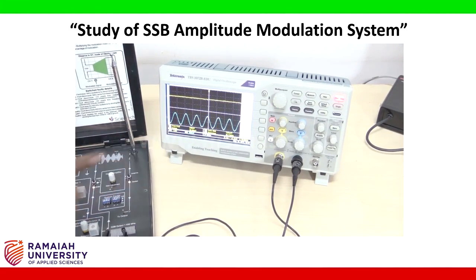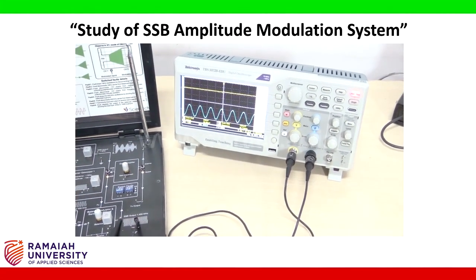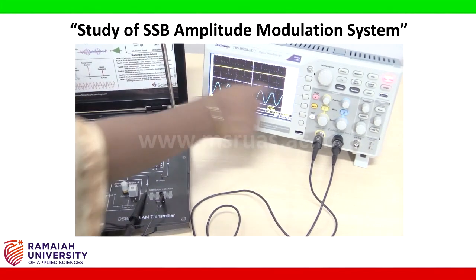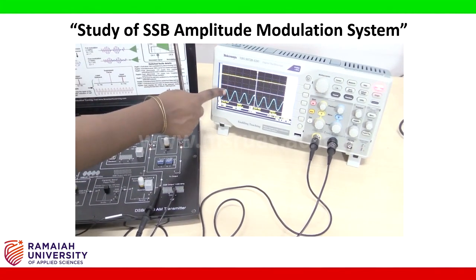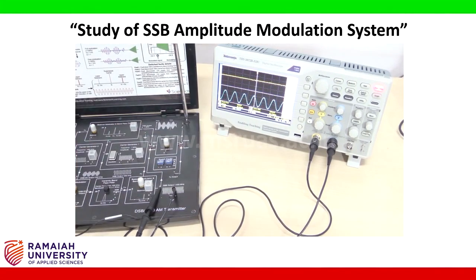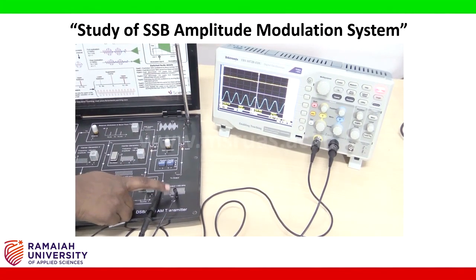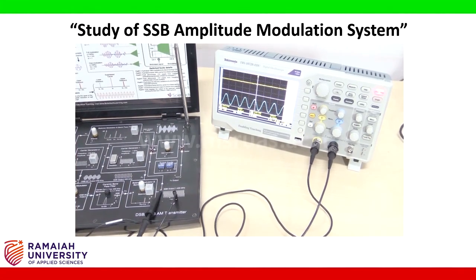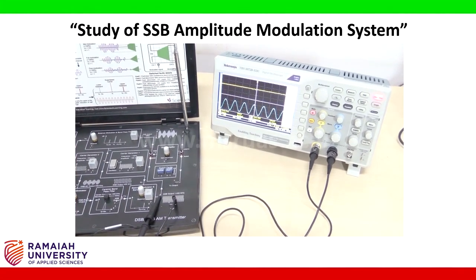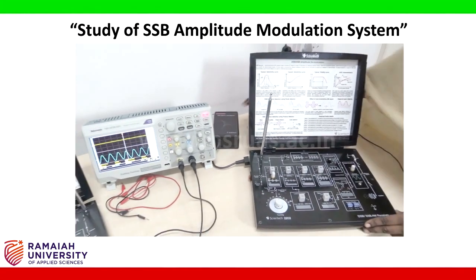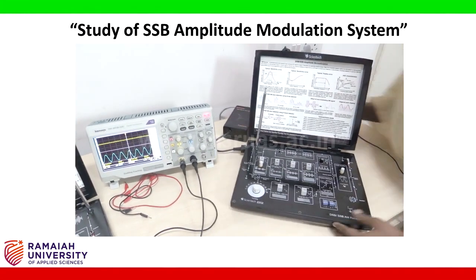So unlike a DSB wave where we observe different types of envelopes, here the envelope is a straight constant line. So it's a perfect sine wave. Now we give this SSB output to an SSB receiver and check whether we can retrieve our message back or not. Now take the Cytec 2202, that is the AM receiver kit.